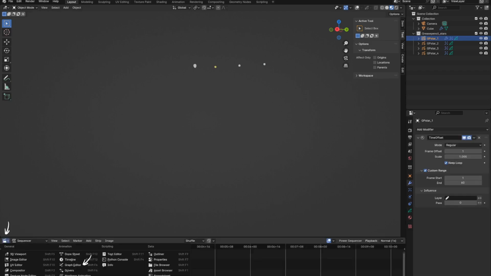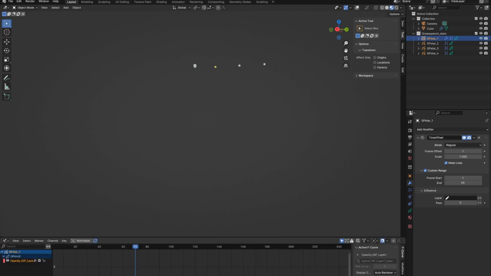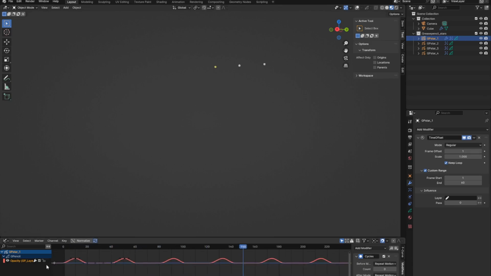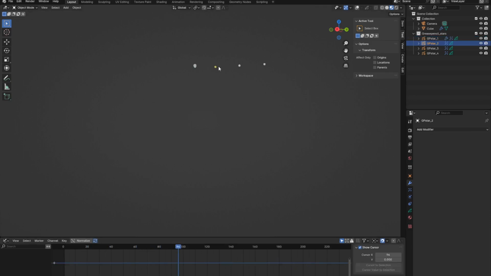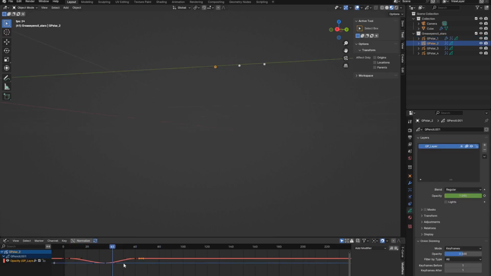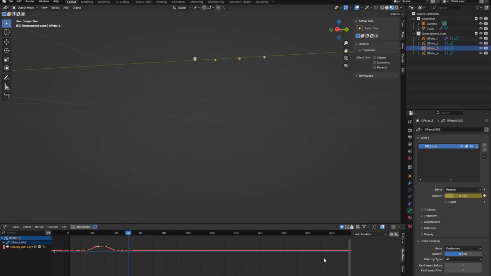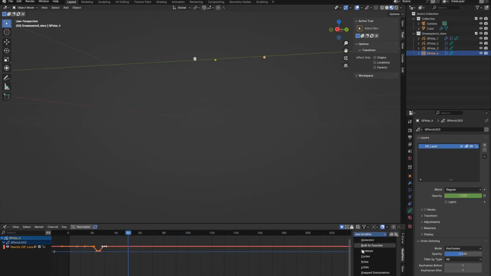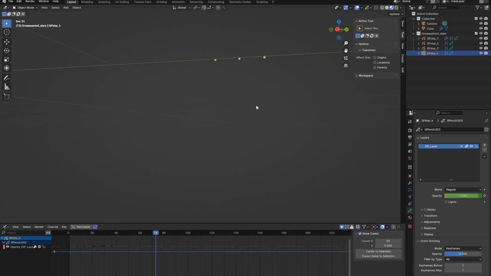To get this to repeat, I switched to the graph editor so that I could add a cyclic modifier to my timeline. And now we can see the graph that represents the star opacities as they fade in and out. I animated the other stars next. I tried to vary things like how quickly they faded in and out, how often they flickered, to make sure that there would be lots of variation in my animation. This is something that can be tweaked later. This is just to get an idea of how everything will look.